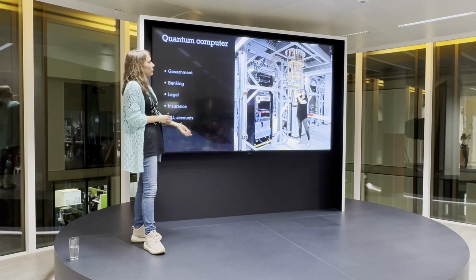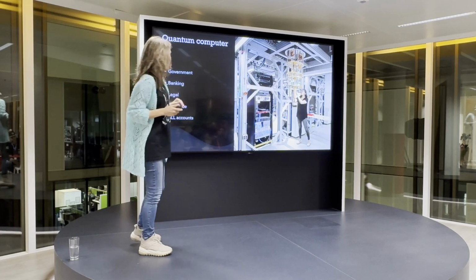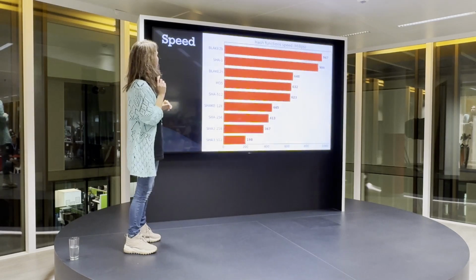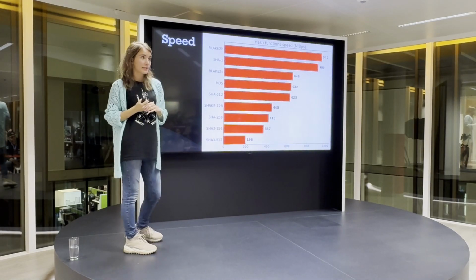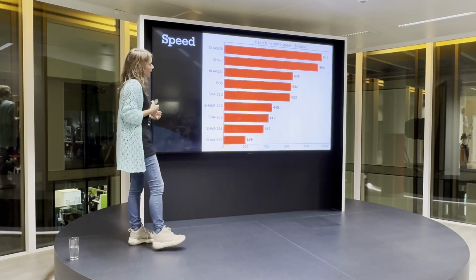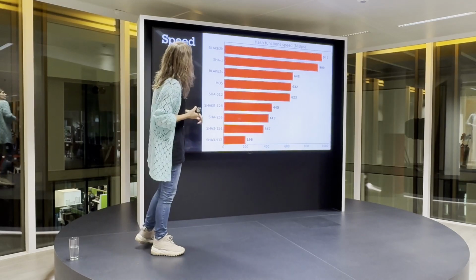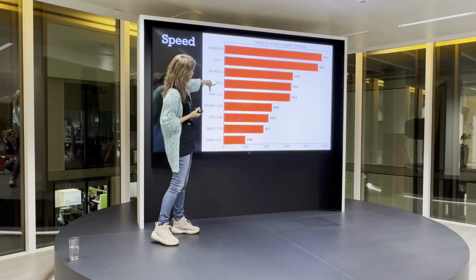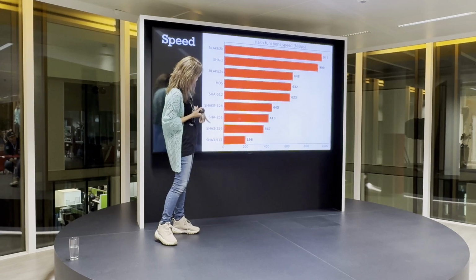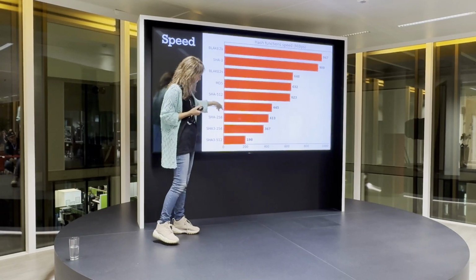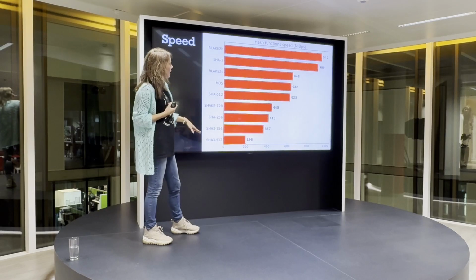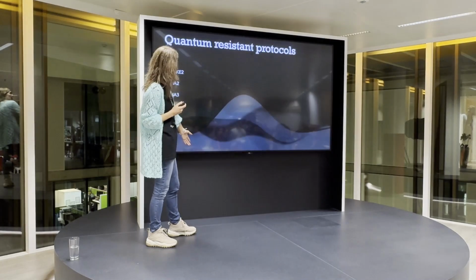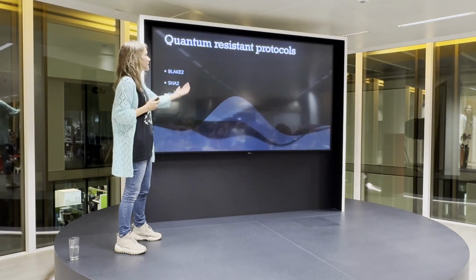But if something evil can get this, then everyone is in a bit of trouble. But I would say that there are some algorithms for keeping hash functions safe. I know Blake, and you know MD5, which is also a very popular algorithm. This is an example of the speed of different algorithms, and people say that now there are quantum resistant protocols.